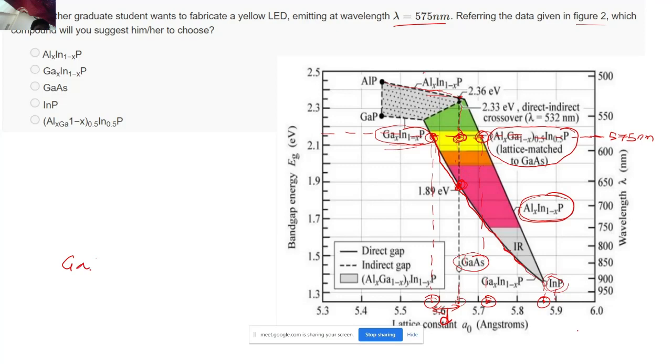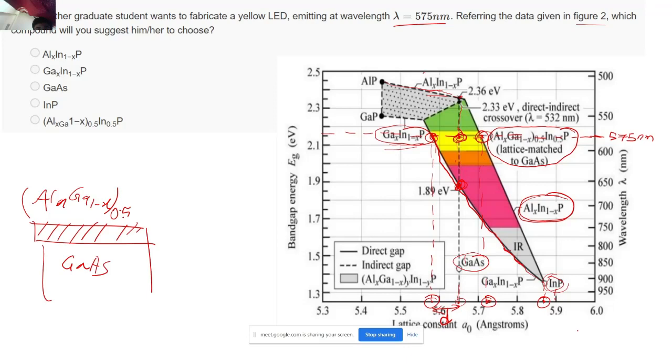So if I take a gallium arsenide substrate with me, and on top of that I start growing the epitaxial layer of aluminium, gallium, indium and phosphide, I can obviously grow because gallium is present over here. The gallium is present in the substrate also, and gallium is present in the epitaxial layer also. So I can definitely grow it.